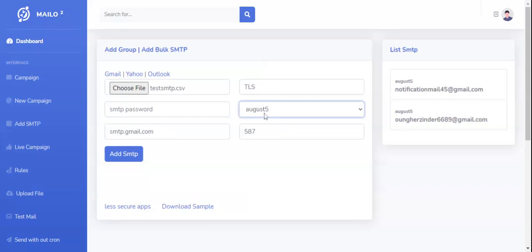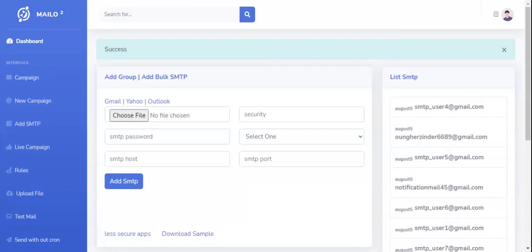You must use a group, because all SMTPs are added under the group, and you can set a password. If you use a common password, you can set it here. If your Excel sheet already has the SMTP passwords, you do not need to put them here. Even if you have already set up the details in your Excel sheet, we keep it okay.